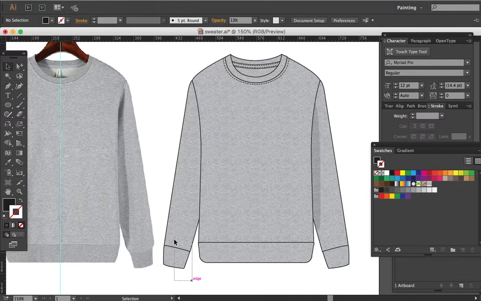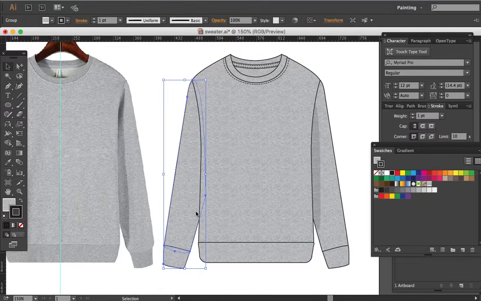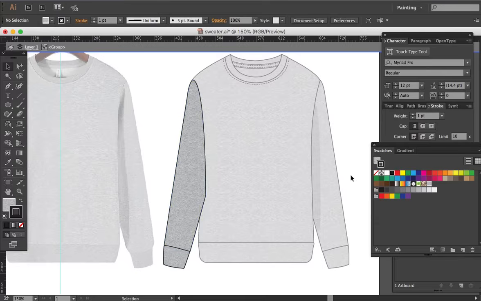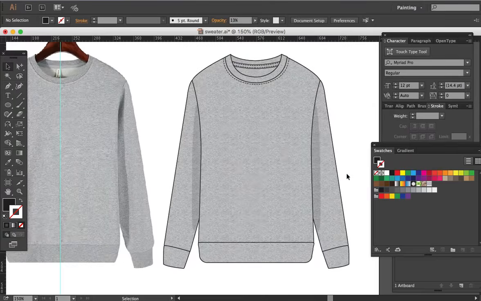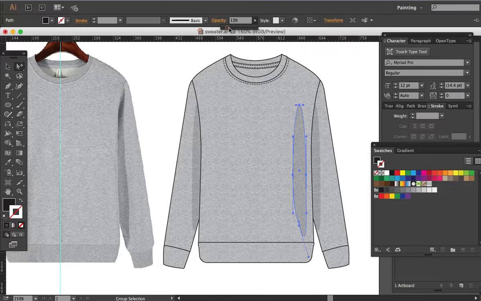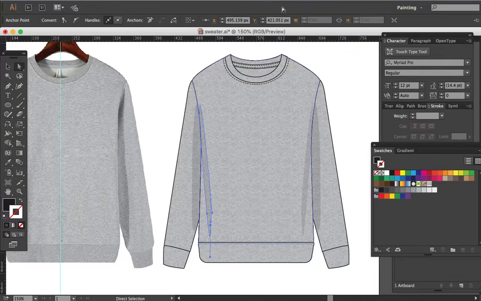Okay, group, isolate, paste. Okay, then we will add a little bit. Okay, like so. Then adjust the